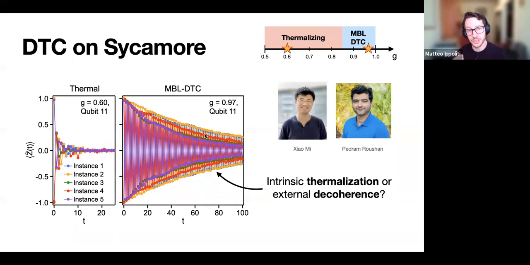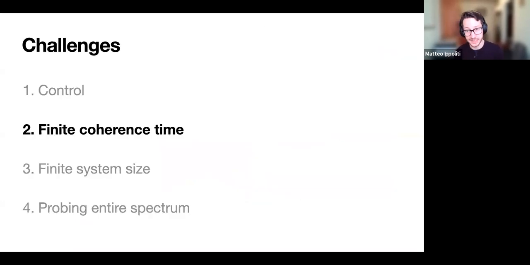And so the key question is understanding whether this decay is coming from an intrinsic physical phenomenon that's present in the system. So is the system, in fact, thermalizing, even in an ideal limit, or is this a consequence of external decoherence, such that if we could, in principle, turn a dial that sets the noise to 0, would these become asymptotically stable oscillations? And so this is what gets us to the second challenge.